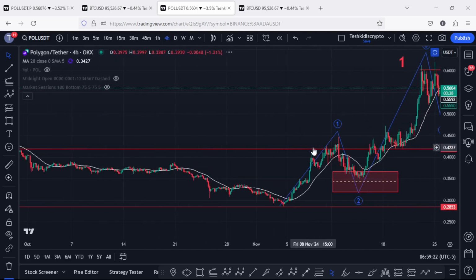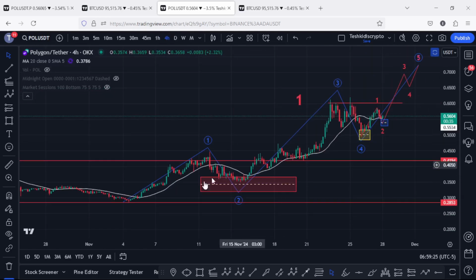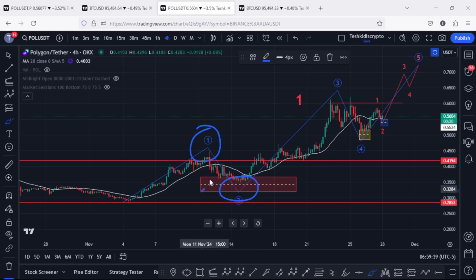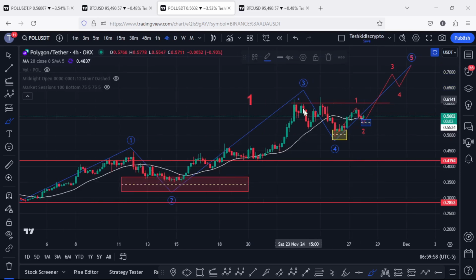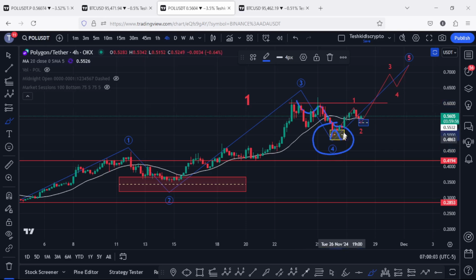So jumping to the 4-hour chart, you can see that from the lows that we made on the 4th of November, we first peaked to the upside in an impulsive additive count 1 in a move that peaked above the 0.45. Then we saw a corrective structure in an additive count 2 into the minimum pullback target areas highlighted on the charts using this red target area, an area that gave us a reaction to the upside in an impulsive additive count 3 in a move that peaked above the 0.6211. And yesterday we saw a bit of a corrective structure in an additive count 4 into the minimum target areas highlighted on the charts